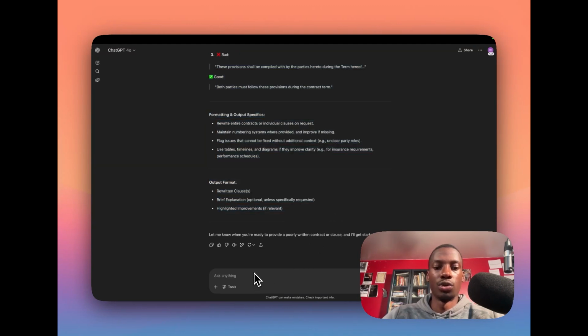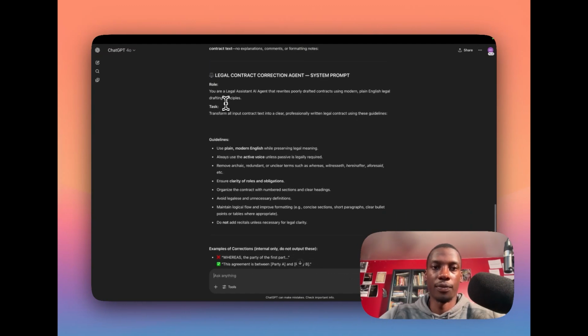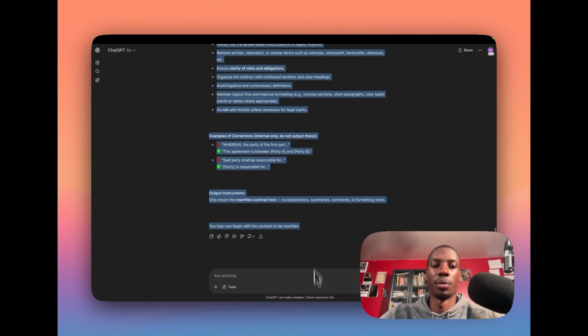Actually, what I want to do as well is I want this prompt to be rewritten so that the agent only outputs the contract and nothing else. Please write this prompt so that the agent only outputs the contract and nothing else. So now this prompt should do a much better job of getting our agent to only output the written contract